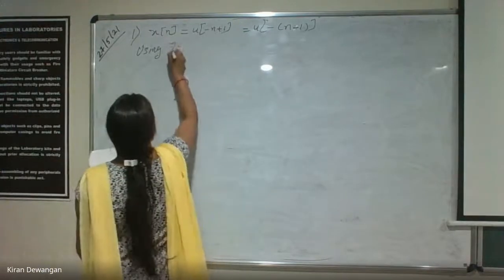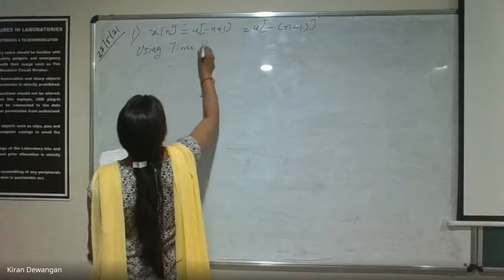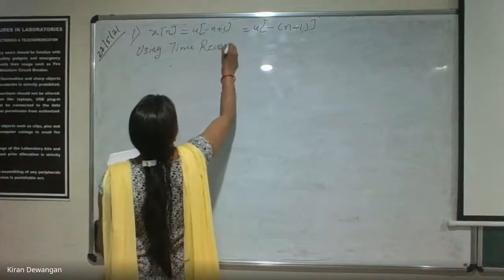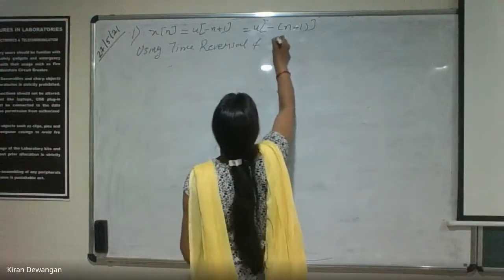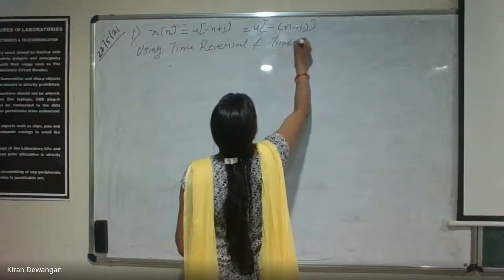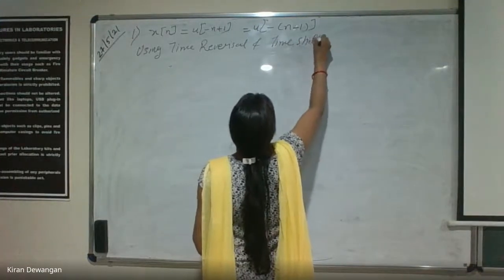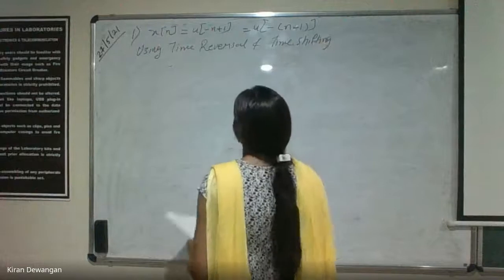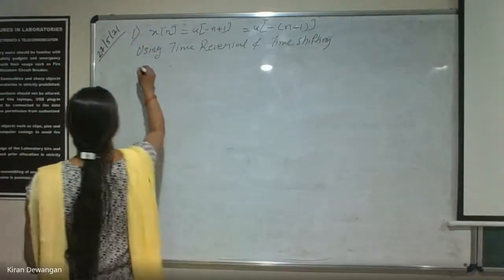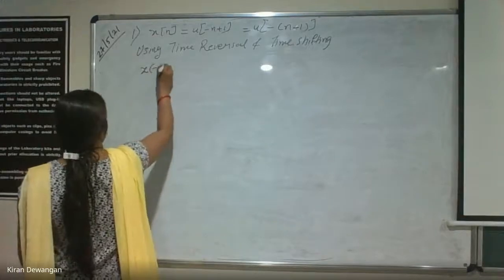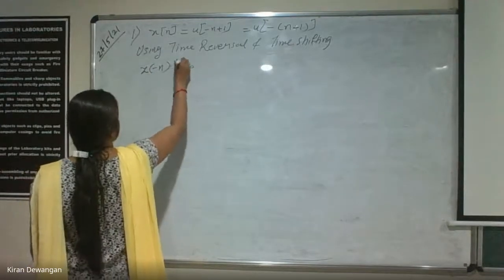Using time reversal and time shifting. ठीक है, हम टाइम रिवर्सल एंड टाइम शिफ्टिंग प्रॉपर्टीज यूज कर रहे हैं, where x of minus n has the